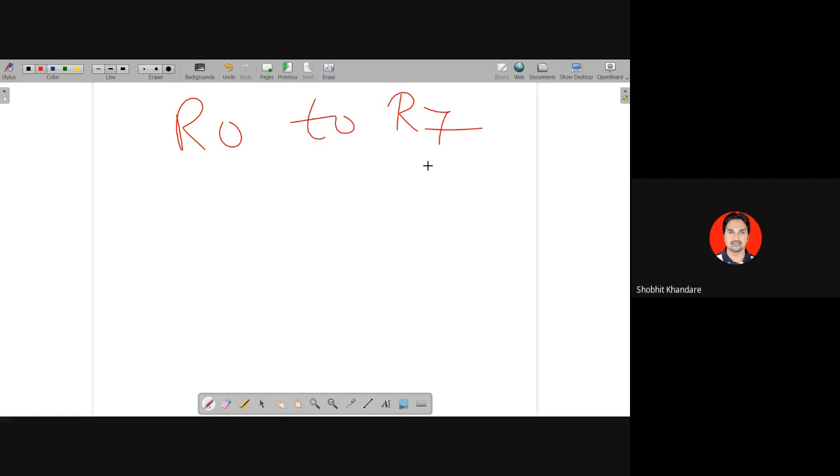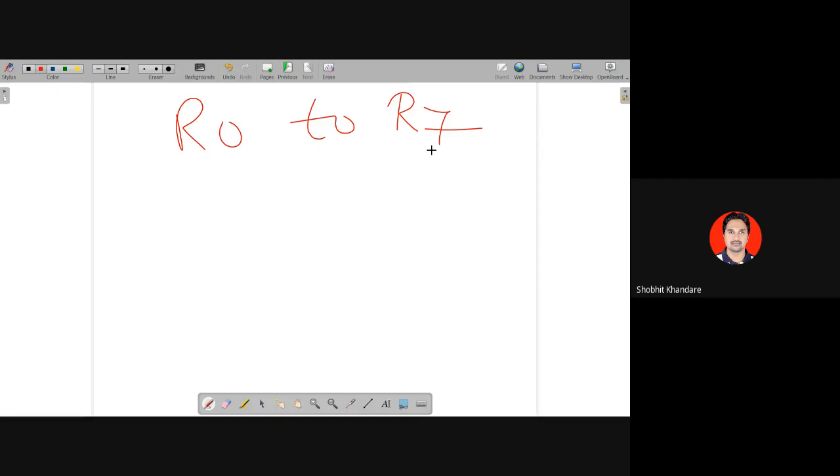Tell me, how many register banks are there? 4. Yes. So every bank contains R0 to R7, but at a time only one bank will be active, and by default it is bank 0. Unless we specify, we use bank 0 by default. So R0 to R7 of bank 0 is what we use as the active registers.